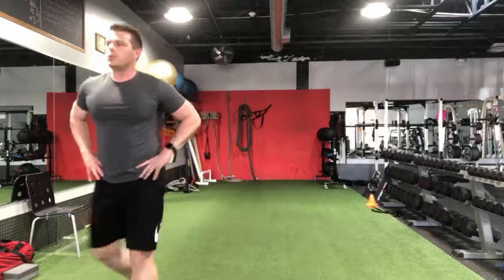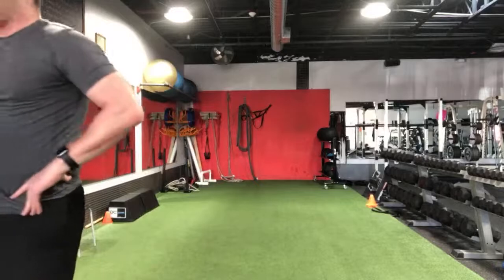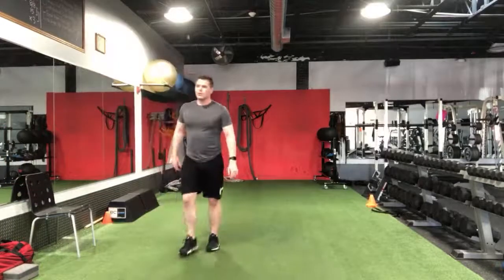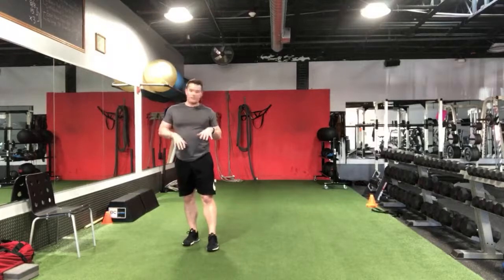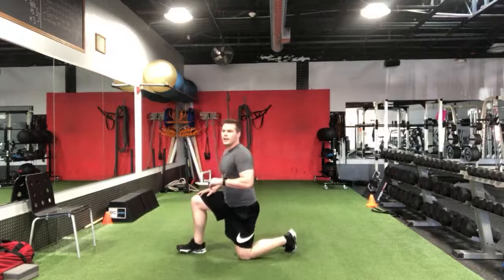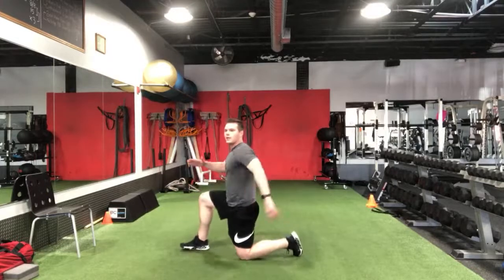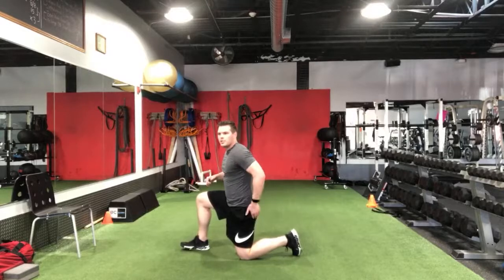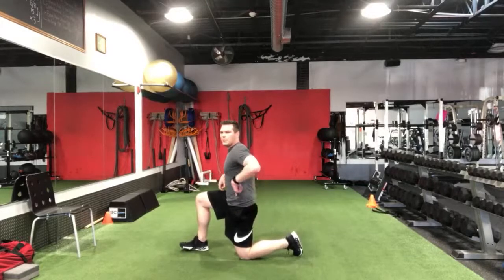Okay, we're gonna do a couple of stretches and then we're gonna get right into circuits now. So blood flow should be elevated a little bit. What I wanna do, first one, is just a hip flexor stretch. You don't need anything, you're just gonna kneel down, okay? So when I'm kneeling, here's what I wanna do. Turn abs on, like someone's gonna punch me in the stomach, squeeze my butt really hard, and then I'm gonna push my hips forward